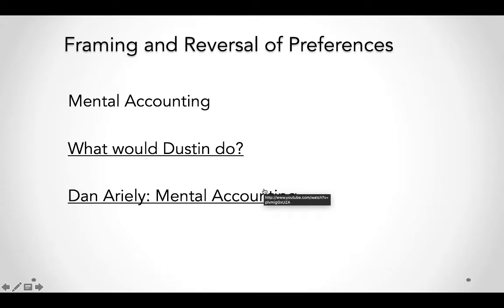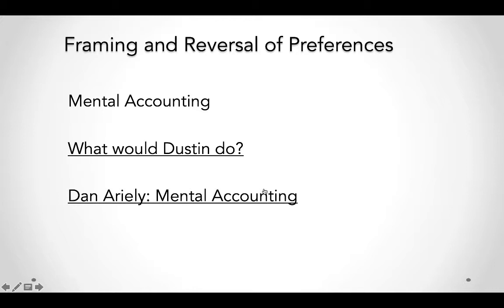Okay, so mental accounting is one of those anomalies that we talked about in the beginning that doesn't make sense from the rational point of view, right? So we have this mental account in our head, like the mason jars that Dustin Hoffman was referring to, and we only operate within the content of that jar. So when we run out of money in that particular account, we say that we cannot do another transaction, although the money is fungible.